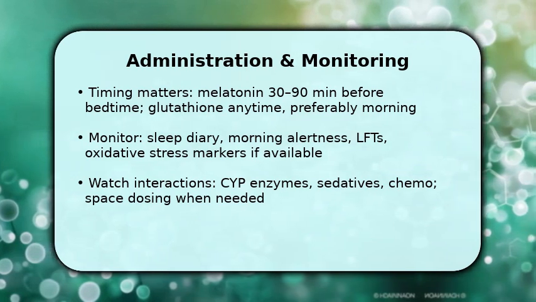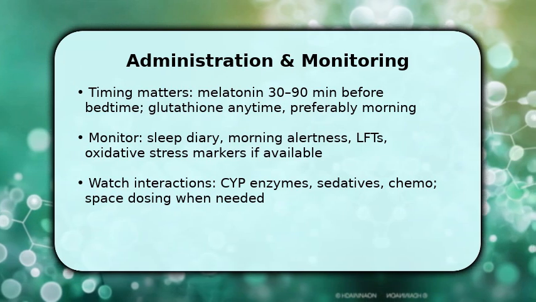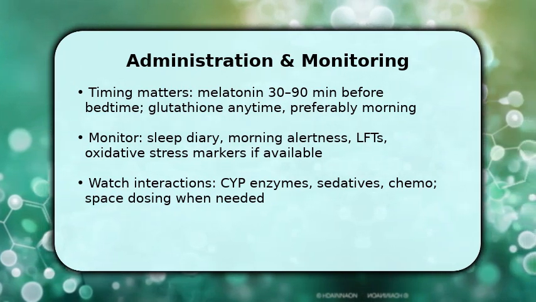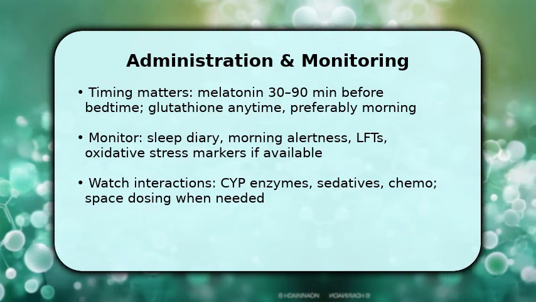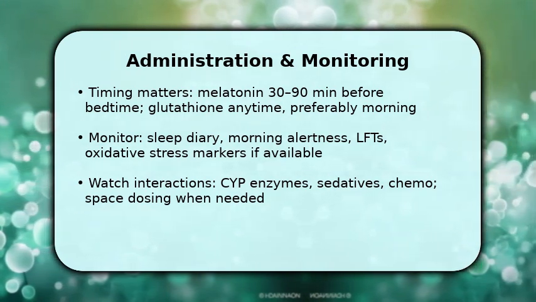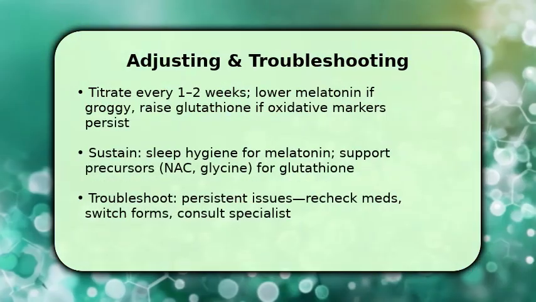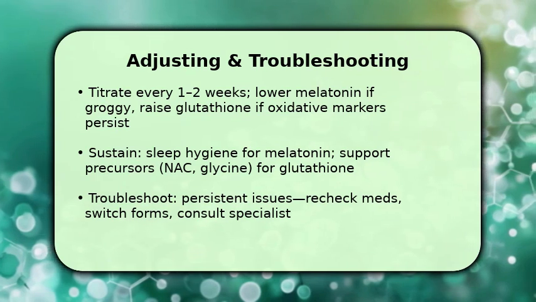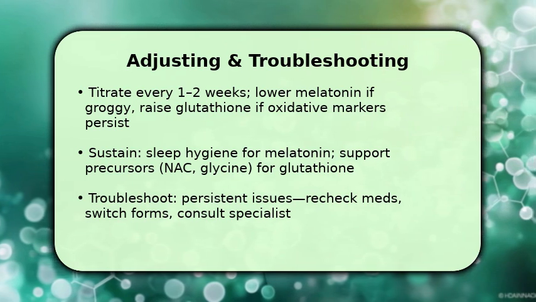Make sure to anticipate interactions. Enzymes like CYP can alter melatonin clearance, and some treatments affect glutathione. Adjust timing or withhold dosing around interacting therapies. You complete the plan by titrating based on response. Adjust melatonin in small increments every 1 to 2 weeks and increase glutathione or its precursors if objective markers or